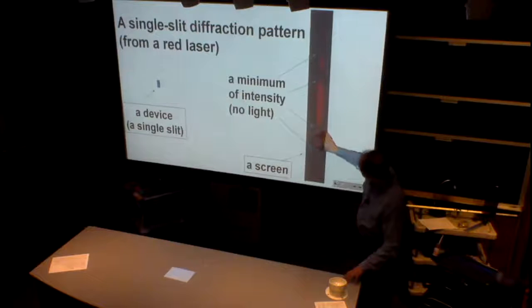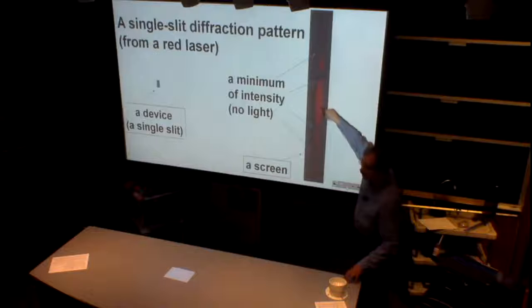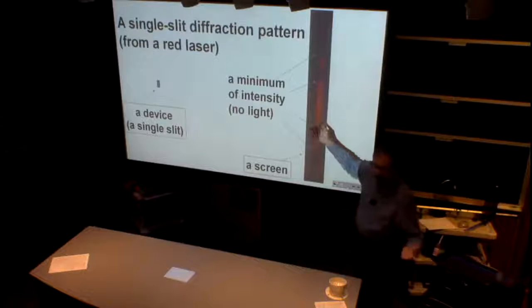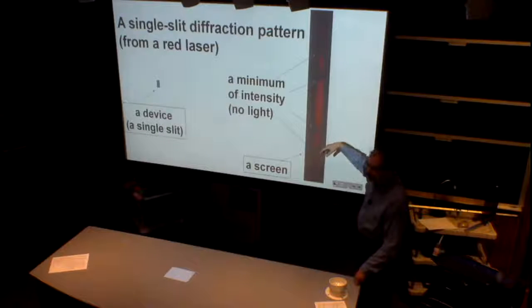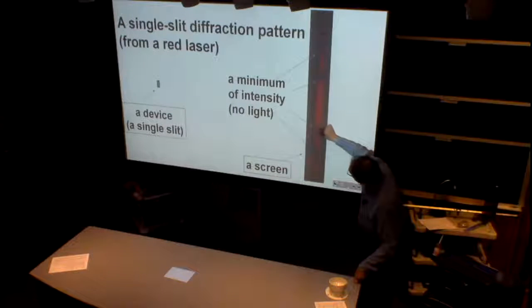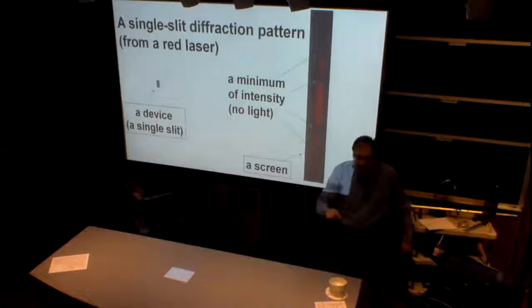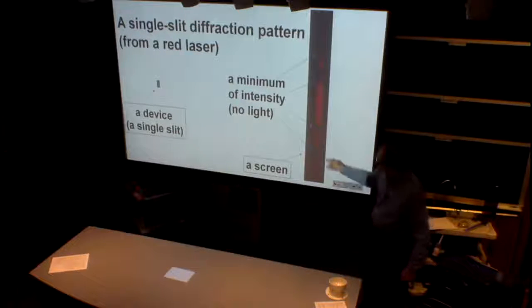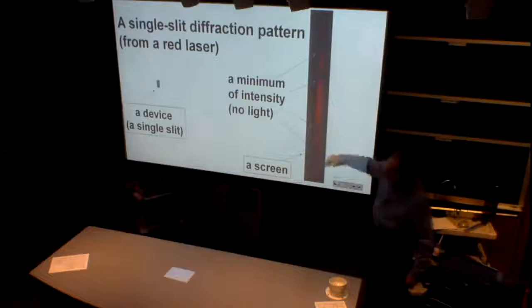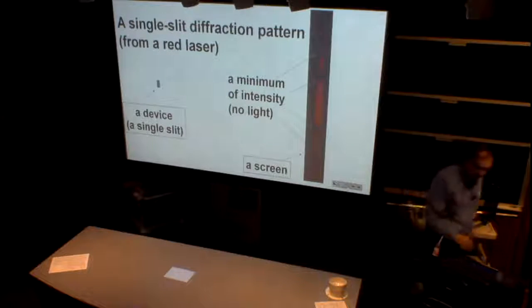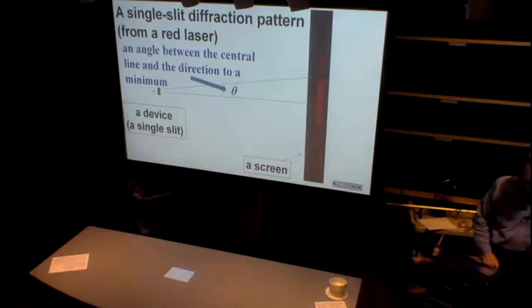wide, bright spots. And because they're wide, we cannot assign any specific location to them, which means we cannot count them as maxima. But they are spaced by relatively narrow fringes with no light at all. So now, for this pattern, we should count only minima. And if we do that,